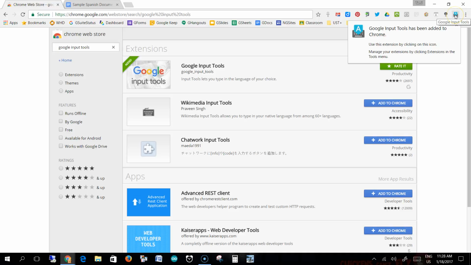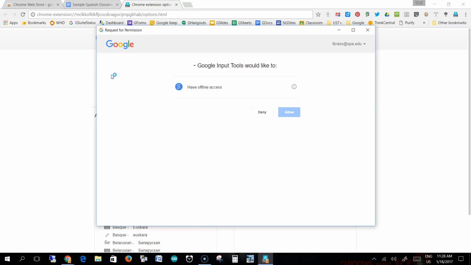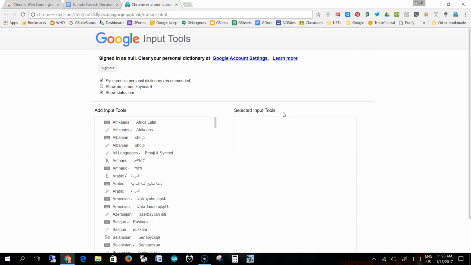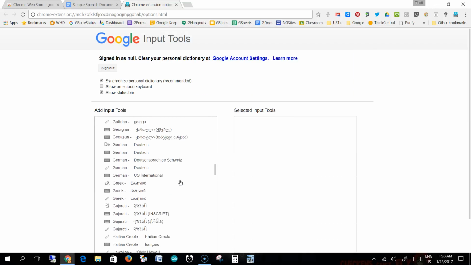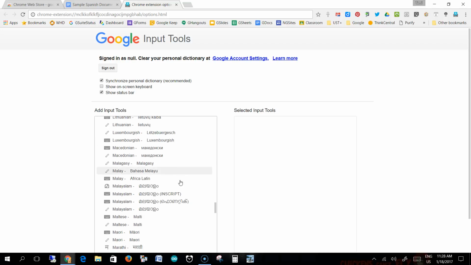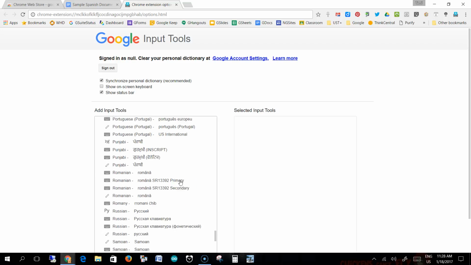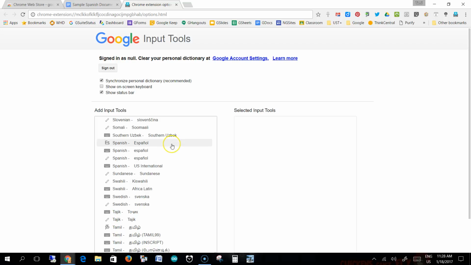So it says it's been added, and when I click on it, I have my extension options. This is where I select which language or languages I want to use, but before that I'm actually going to sign in because I want to make sure that I have access in other places as well. So now I'm going in and I'm looking for Spanish, and you're going to find that you have several options. I'm going to scroll down until I get to Spanish, and you can see there's a huge variety,